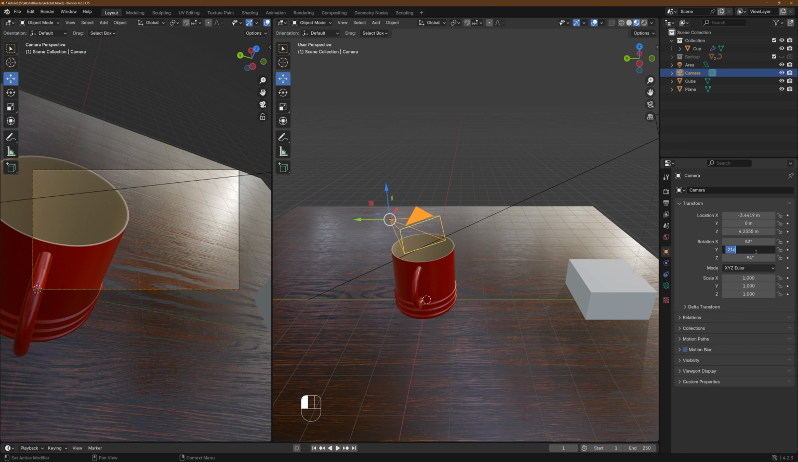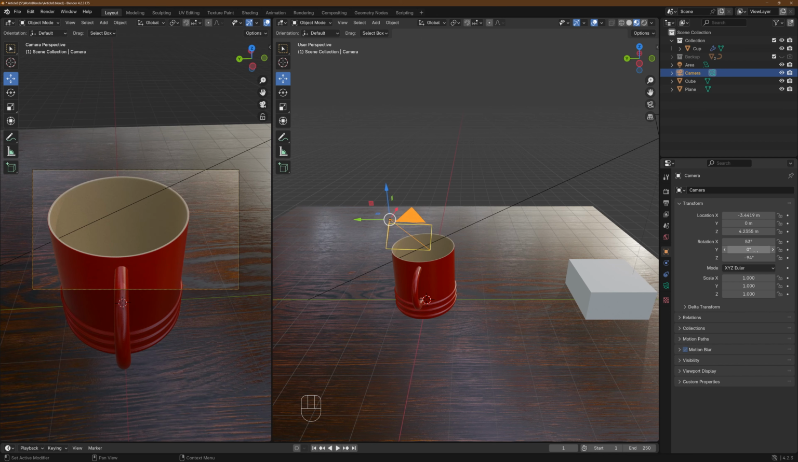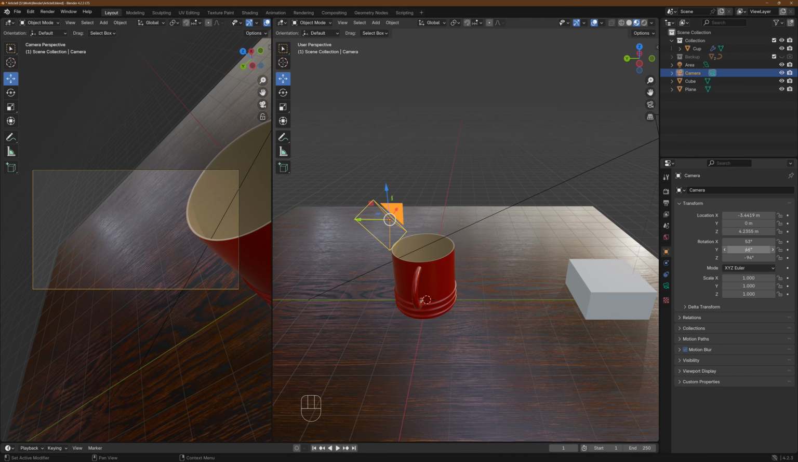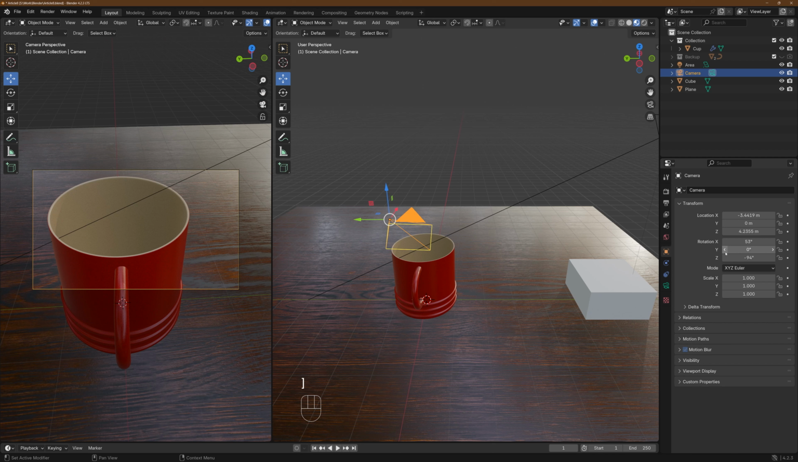You can just zero out, always zero out the Y, because sometimes you wouldn't really need the Y for anything. You can see it's just giving a really weird result, but I just usually zero the Y axis out. You majorly need your Z and X axis. So you can see that we are kind of framing our